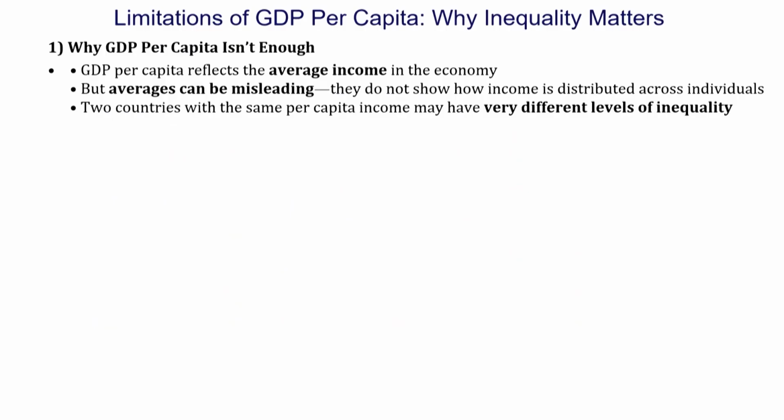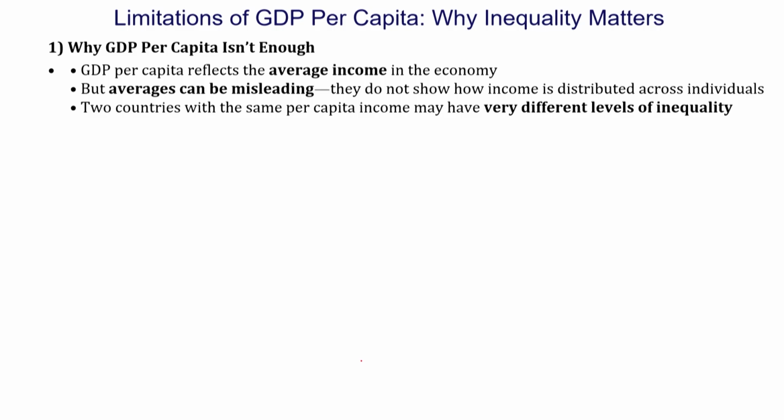Then another measure we have seen in the previous session: we can calculate the per capita income from GDP by dividing GDP values by the size of population. From there, we get the average income of a country. But then why is GDP per capita not enough? The reason is that GDP per capita is often used to compare income levels across countries, but it doesn't tell us how income is distributed within a country.